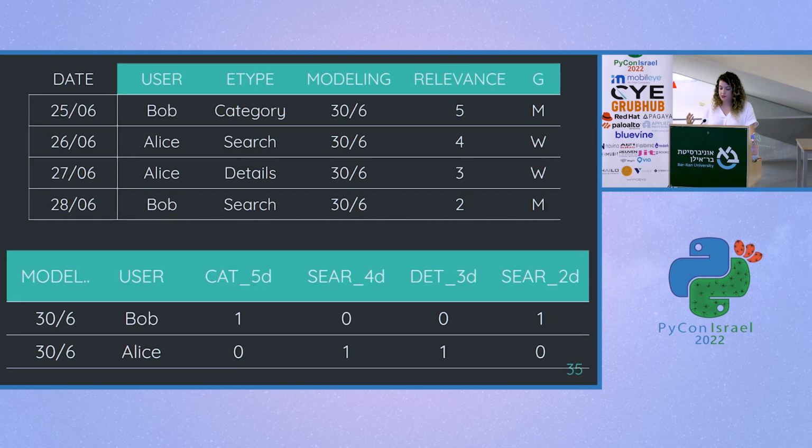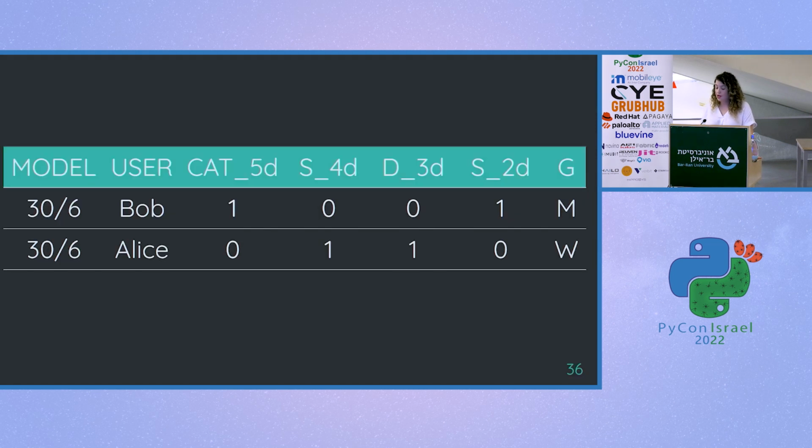And then you can see the gender, male and female, and the way you aggregate them. On the bottom you can see the numerical features, the counts of the events, and above you can see the categorical features, and the way it will look after all the aggregation when you join them together.